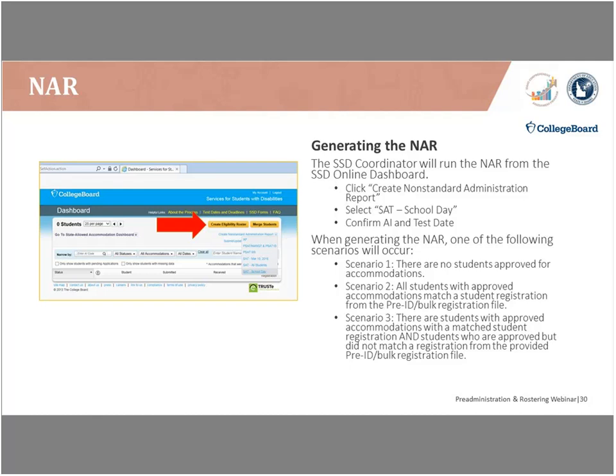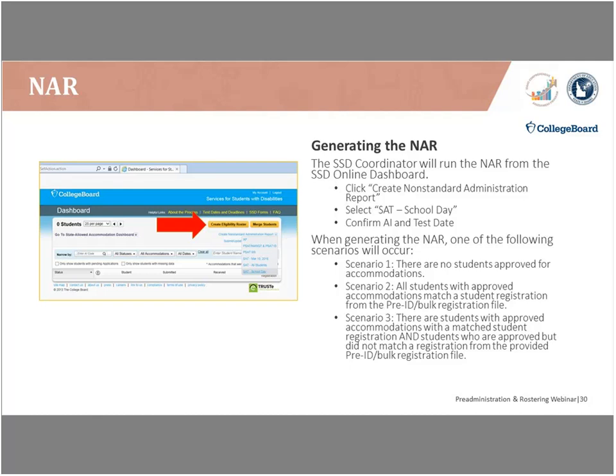And there could possibly be 3 different scenarios that you will see once you begin that generation process. Scenario 1 is that there are no students approved for accommodations. And if that's the case, if you're a school that has a small number of accommodations that were potentially produced a little later on in the process, they may not be in that NAR report as of yet. So that's one possible scenario. Scenario 2,